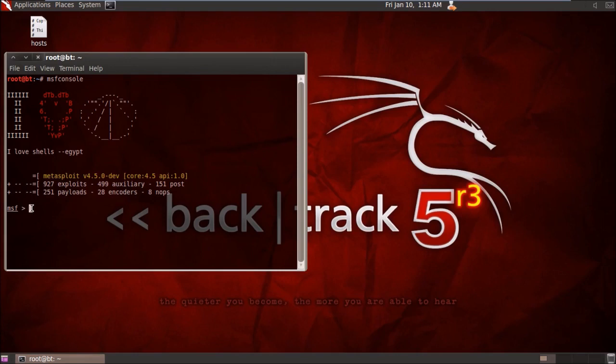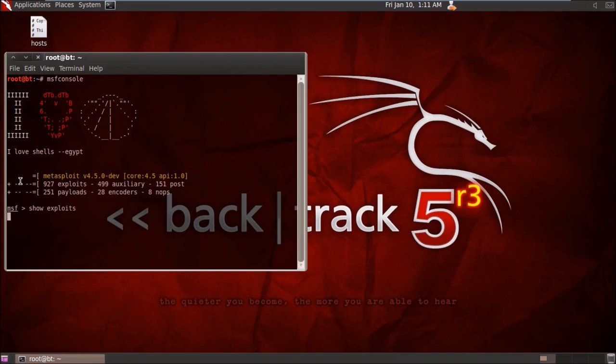So what I'm going to do here is choose an appropriate exploit and assign an appropriate payload. For that, first view all the available exploits. For that, type show exploits. Now this will take a little time because, as you can see, there are 927 exploits.